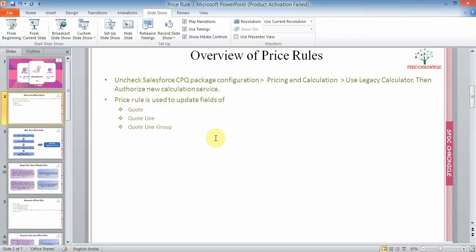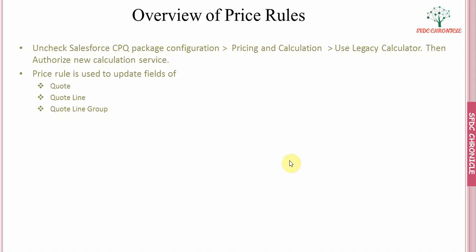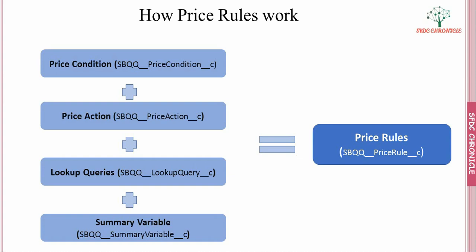So let's move to our deck. Now we know why we use price rule and from where we can enable it. Now let's check what objects are used by price rule in Salesforce CPQ. There are four main objects that we can use in price rule, and behind the scenes price rule depends upon those objects to work accordingly. Those are price condition, price action,